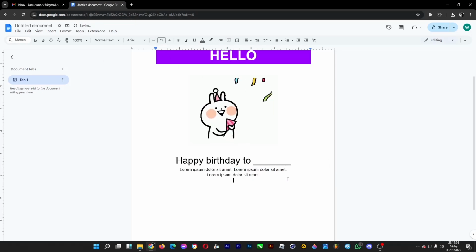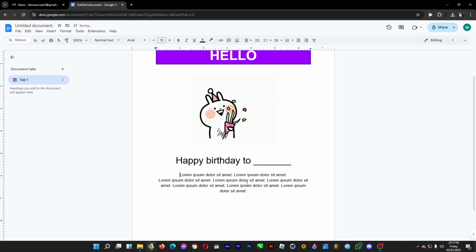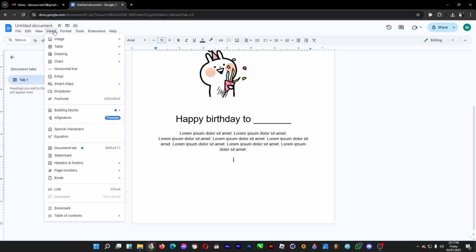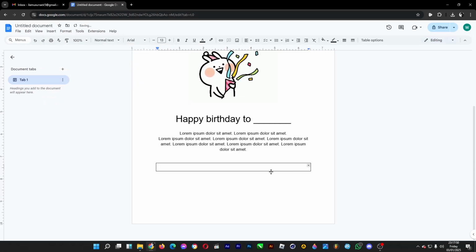Copy and paste this several times. It will only act as a template just like this, and then when you're done you can actually put a table cell as part of a gift, which will include a link. Click on Insert and then Table and then make it one by one just like this,